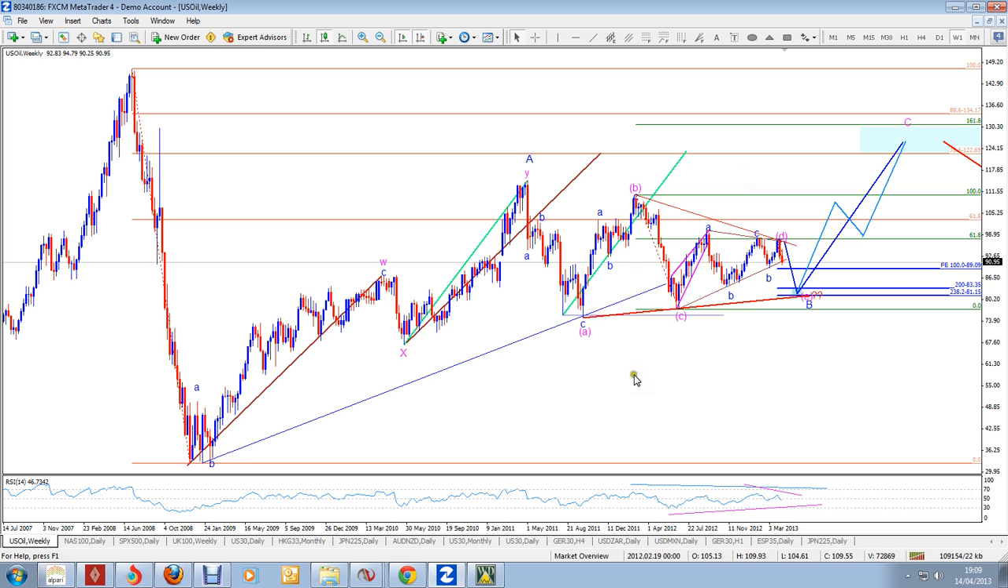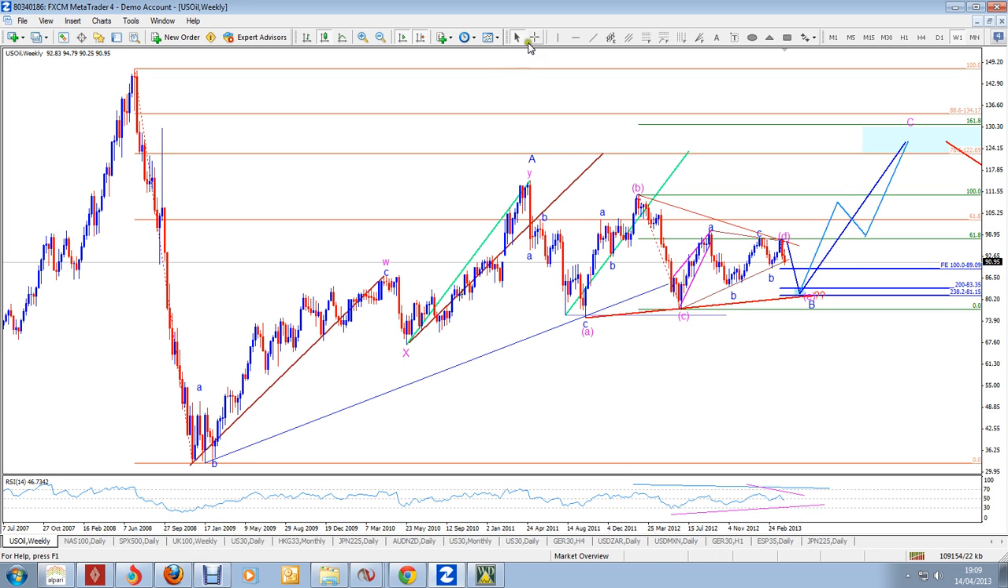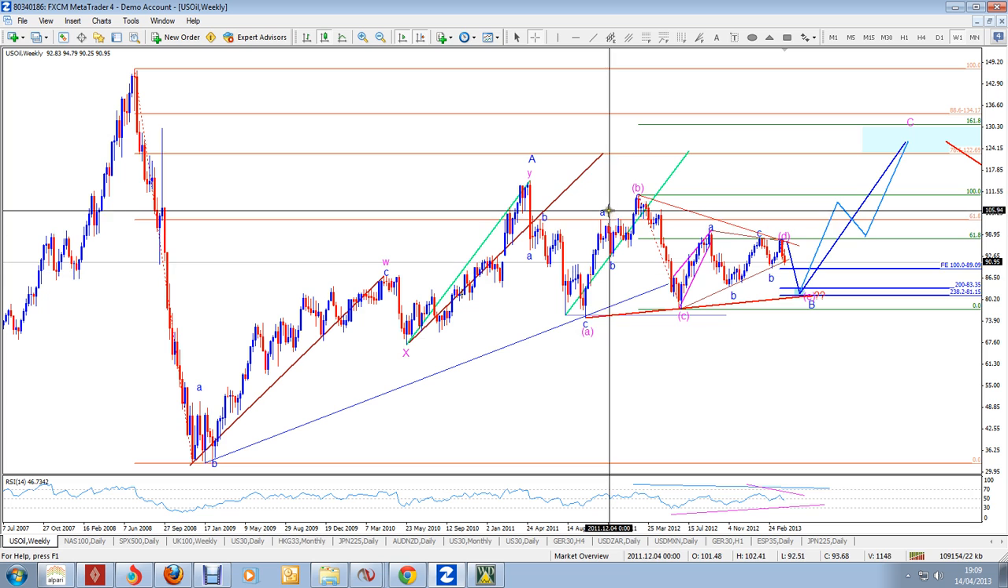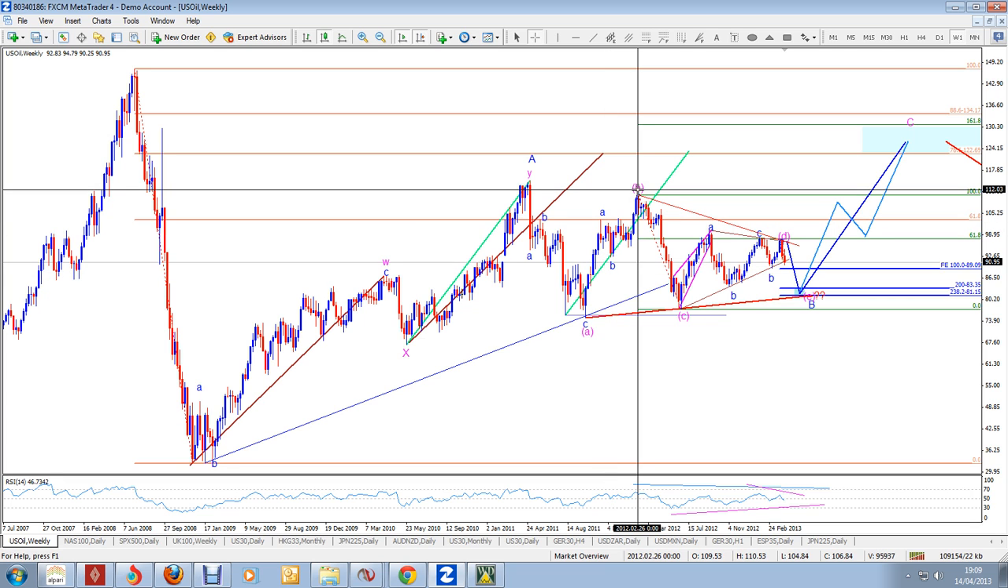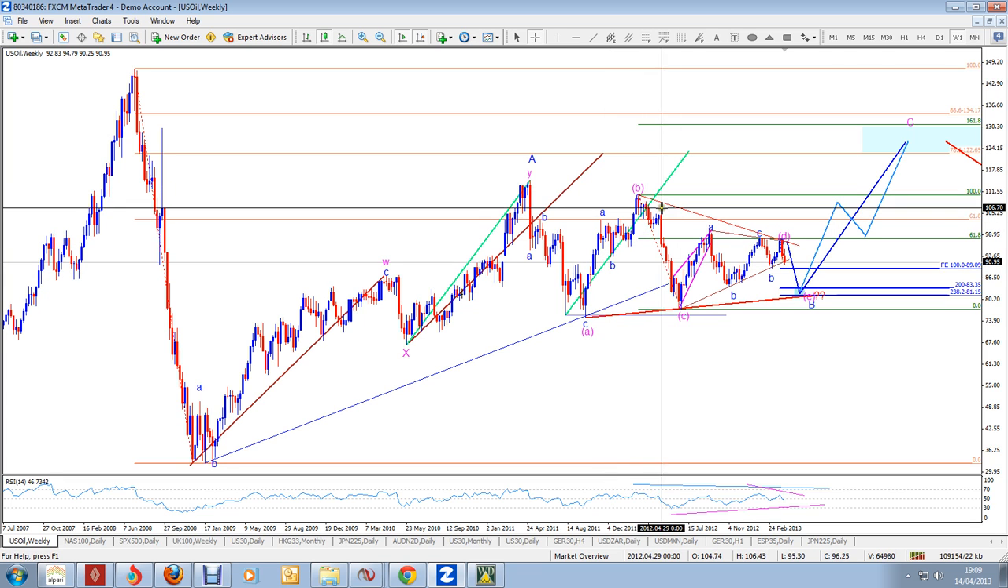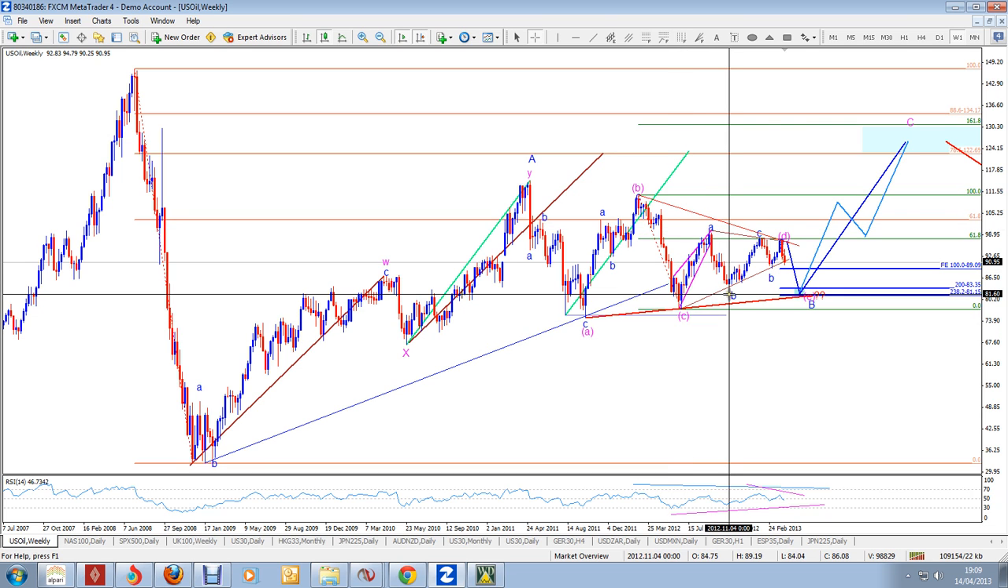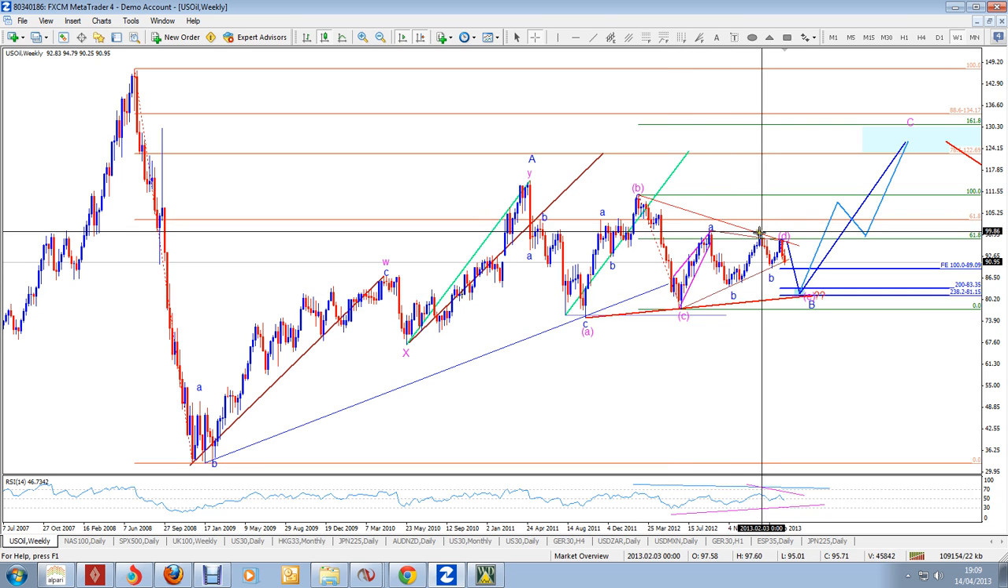Then I think we're in a triangle which I've been pointing out for some time, and in this triangle we've got A, B, C possibly to give us a wave A in bracket in pink. Then we got A, B, C back up to wave B in bracket. Then we got A, B, C, so wave C in bracket. Then we got A, B and C,